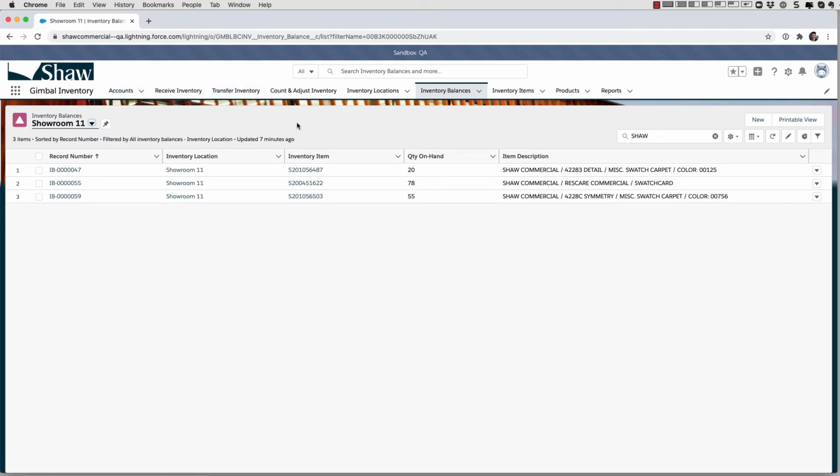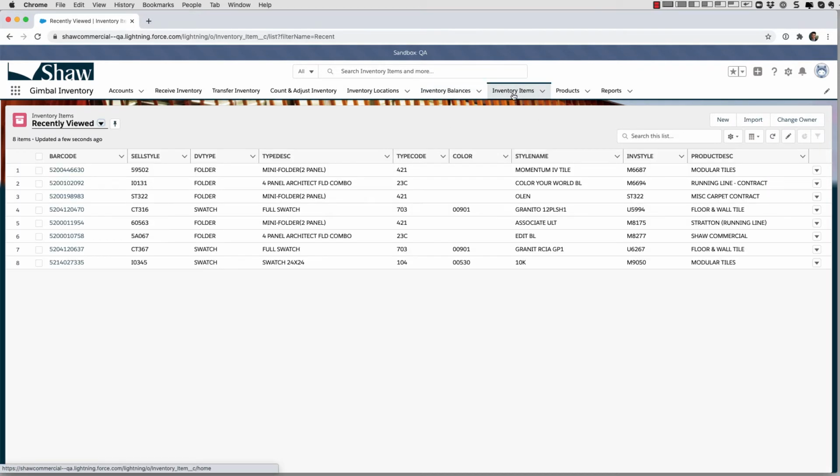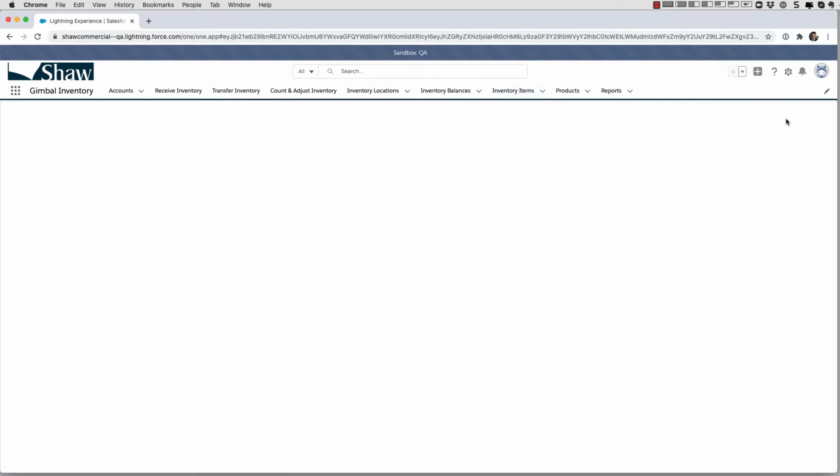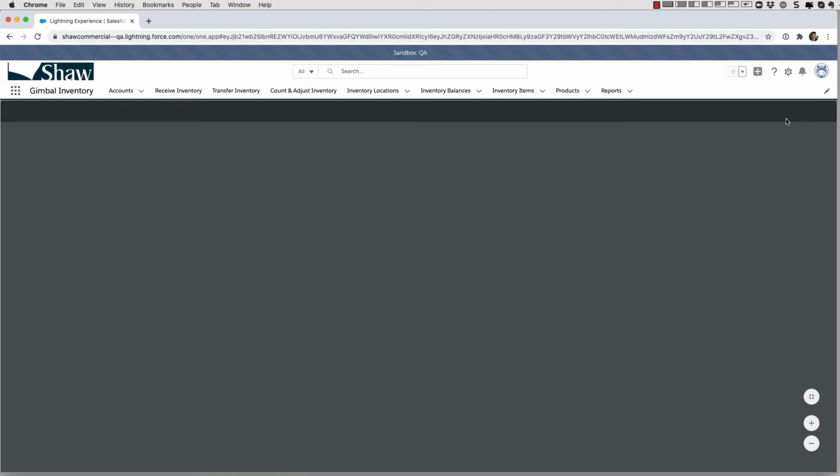But in order to get started with some barcode scanning, we're going to need some barcodes to use for demonstration purposes. So I've gone to the inventory items object, and if you go to any custom list view of inventory items, that is anything other than the recently viewed default view, for example here, all records, you'll see a detailed list of all of the inventory items. If you select multiple records, you can then click a button labeled Print Selected Barcodes Matrix, and that generates an 8.5 by 11 sheet of barcodes